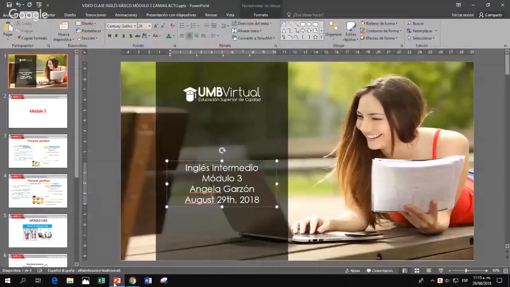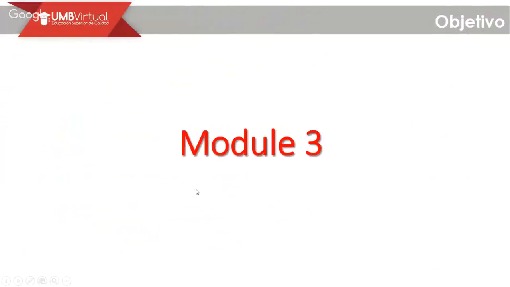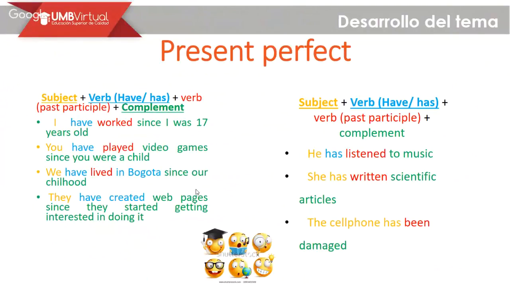For our today's session, we're going to see the following activities, but also the following things we have to take into account. So here we have our model 3, which is the last one, okay? So you're going to find different examples in relation to the use of present perfect, right? When we use it, what is the correct use according to the grammar structure, and all the details referred to